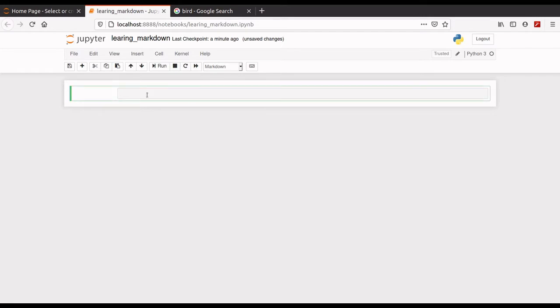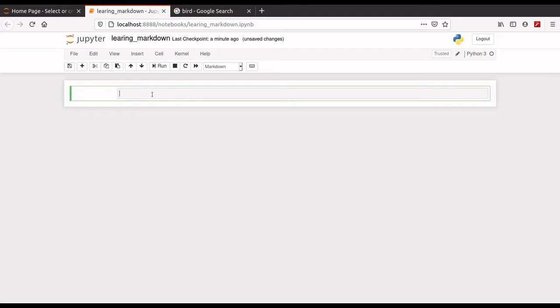If the cell is ready to run, then the cell color, outside color, will become green. Look here, it is green now. Now if you just remove cursor from here, you see cursor is blinking here. If you remove this cursor, come here and click here, then it is blue now. If you click in the cell, then it will be again green. So make sure that if you are changing your cell to Markdown, that it should be blue.